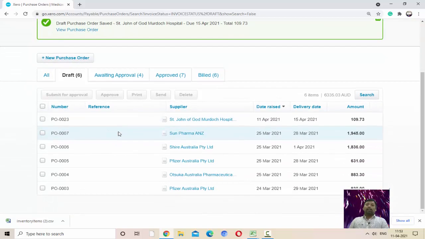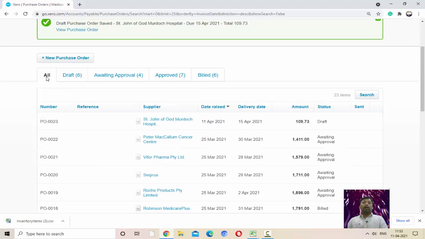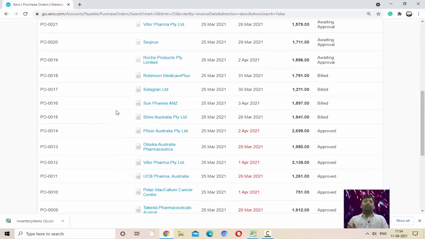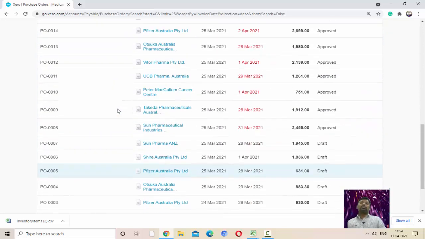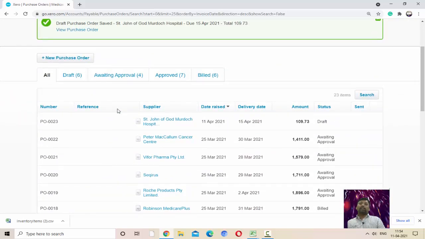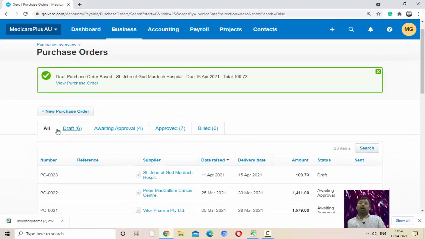So you can see all the purchase orders created by us will be available in the All option. When you click on All, whether an order is in draft, awaiting approval, approved or billed, all the purchase orders created by us will be available in this screen.